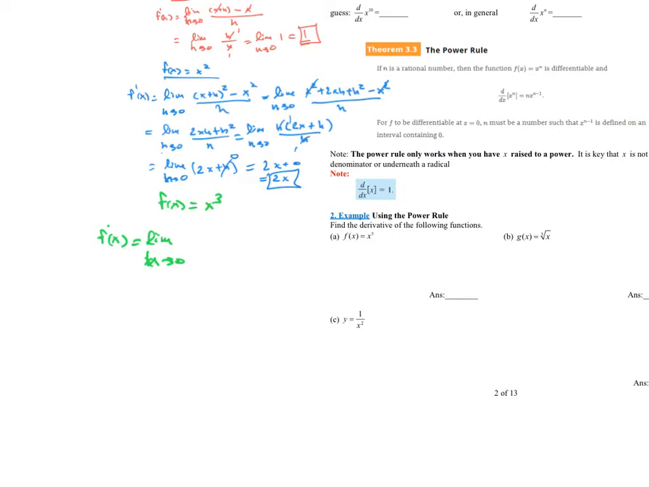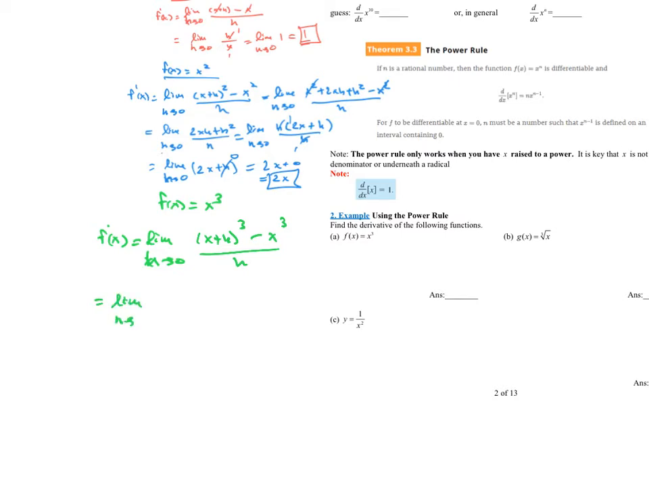So wherever I see an x, I need to plug in x plus h. So this would be x plus h quantity cubed minus the original function, which is x cubed, all over h. Okay, this is where I'm going to ask you to go to the previous section, because we already did the math for this. We already did x plus h quantity cubed. So what I want you to do is reference the previous section, 3.1,